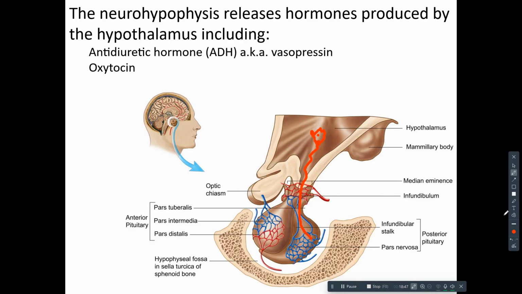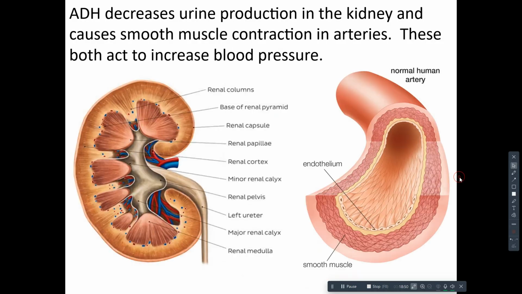So let's talk about those for a moment. Antidiuretic hormone, aka vasopressin, decreases urine production in the kidney. Antidiuretic means against peeing, so it's going to tell the kidney not to make as much urine. If we make less urine, that raises our blood volume and blood pressure. Meanwhile, ADH is also called vasopressin. Vaso means blood vessels. So vasopressin is going to cause the blood vessels to contract. The smooth muscle in arteries is going to contract. And that also raises